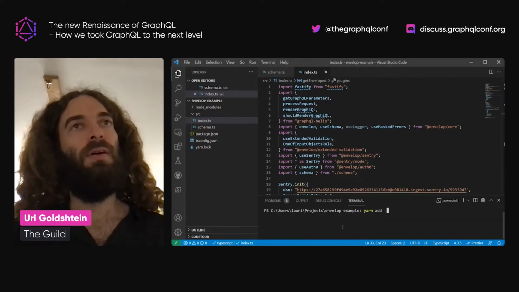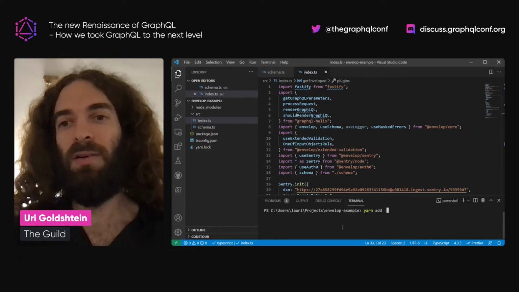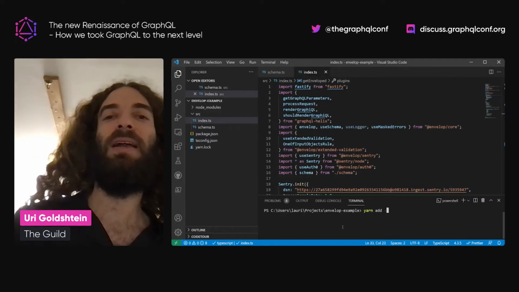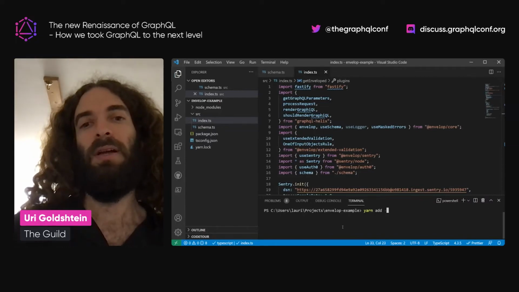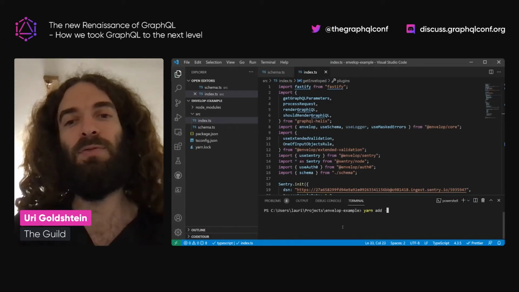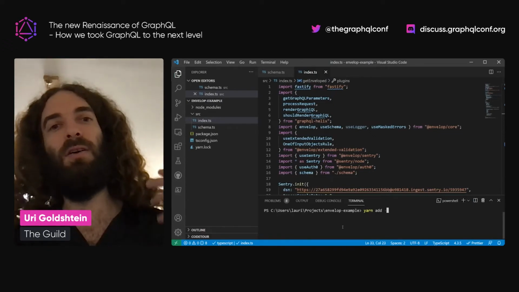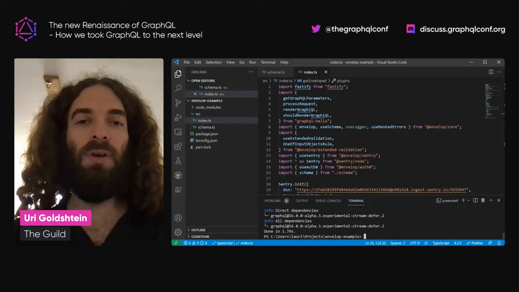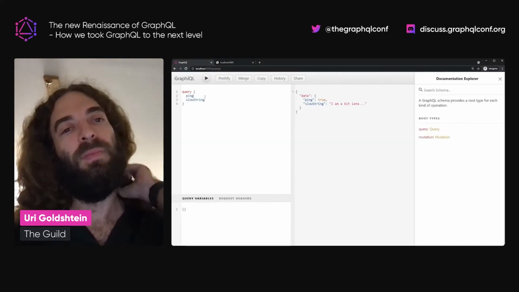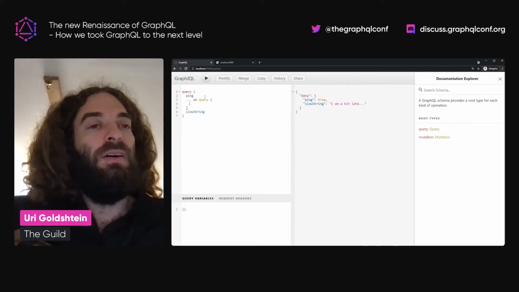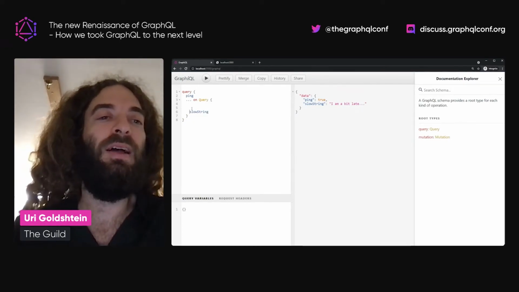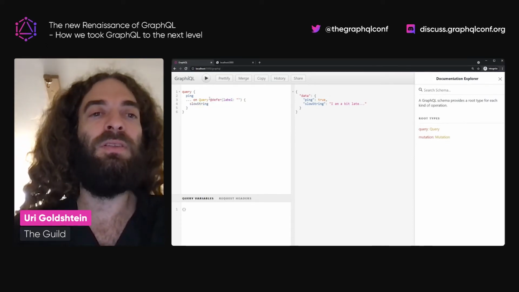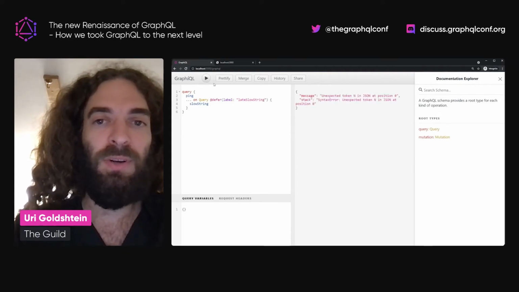What if we could maybe defer part of that query, and if the slow field is coming back later, already bring back the ping, and later on when it's ready, bring that as well. And in the meantime, the rendering on the client will be much faster. So that's defer and stream, and we could already use it today. So what you see here is we have a slow string, and it slows the whole query. But now what we could do is we could just use the defer directive, and we're going to send that query in, and what you're going to see, it fails.